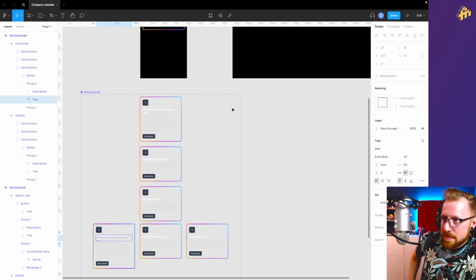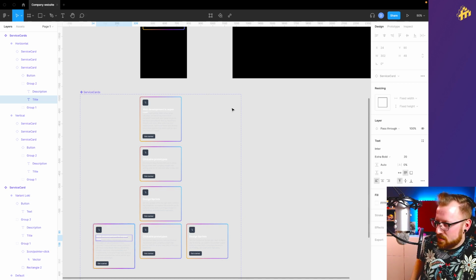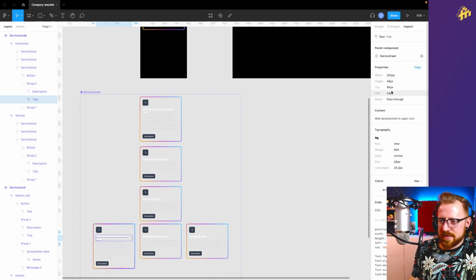So if you have a larger team, you will have to pay. But if you work on something in a small team and only 2 people need write access, it's a perfectly valid choice to get started with. I think you can have more viewers, and they would get access to the inspect view that gives us all